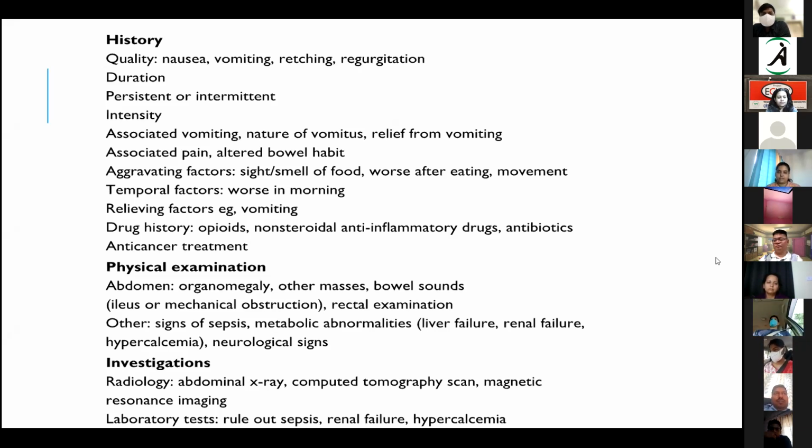Does it worsen after eating? How long after eating does it worsen? Does it come in immediately? Do they vomit after 4 or 5 hours, or many hours have passed by and in the night they are vomiting up a large amount?